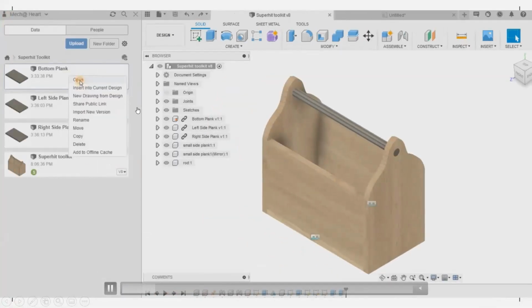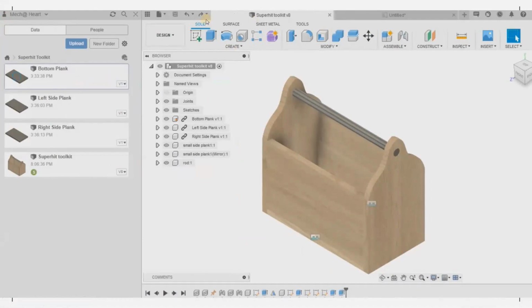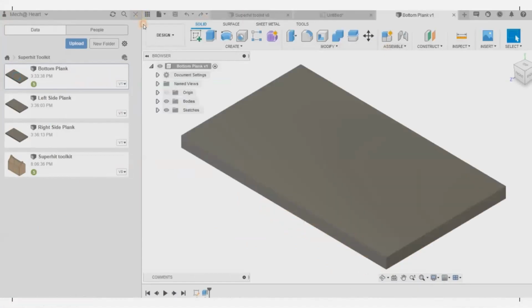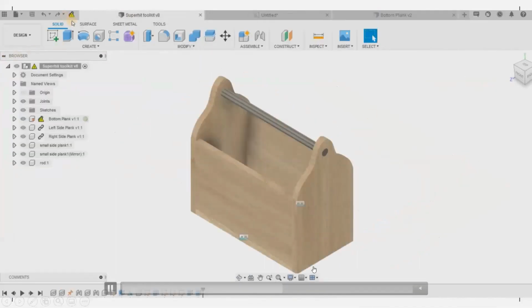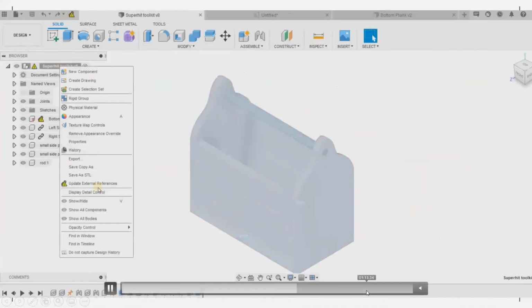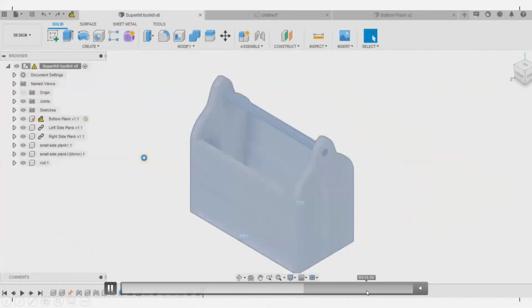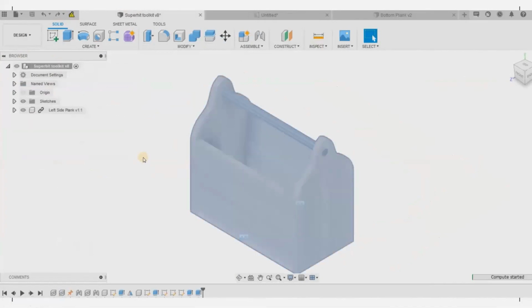Here, when I open one blank sheet and I'm going to change the material of this, when I update it here in the drawing, everything will be updated because the base is going to be the same.